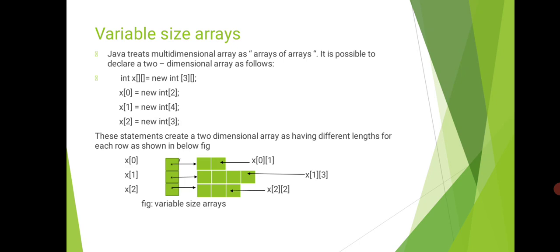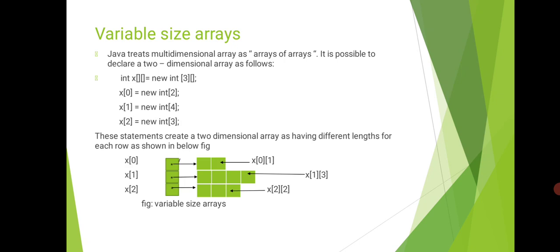Because an array commences from 0, the nth value, that is 3, is the row count, meaning 0 to 2, that is 3 values, so 3 rows we need. It will commence from 0 itself. So the first row has 2 as the column size, the second row 4, the third row 3. So in this way we can create different column sizes for each row. That is why this array is called a multi-dimensional array, also called an array of arrays.